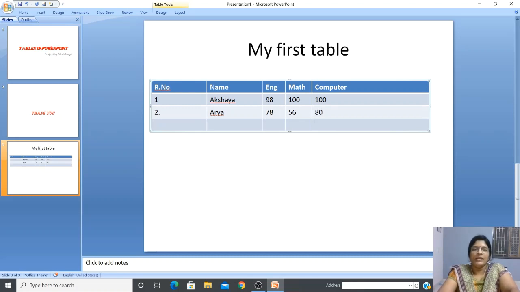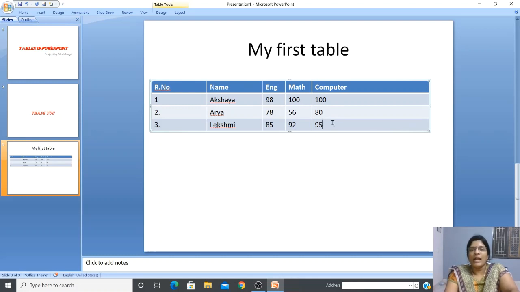Then the next student, Lakshmi: in English 85, maths 92, computer 95. So these are the marks scored by 3 students.